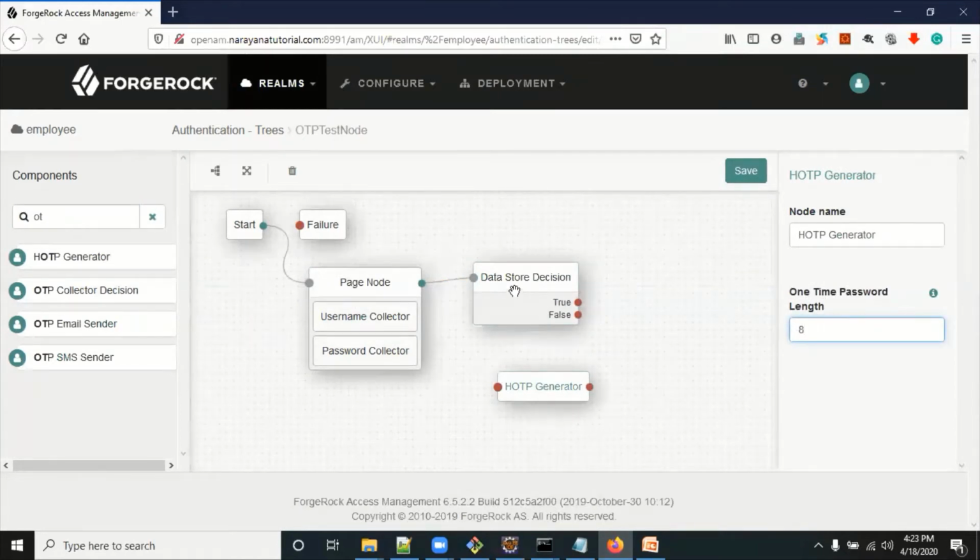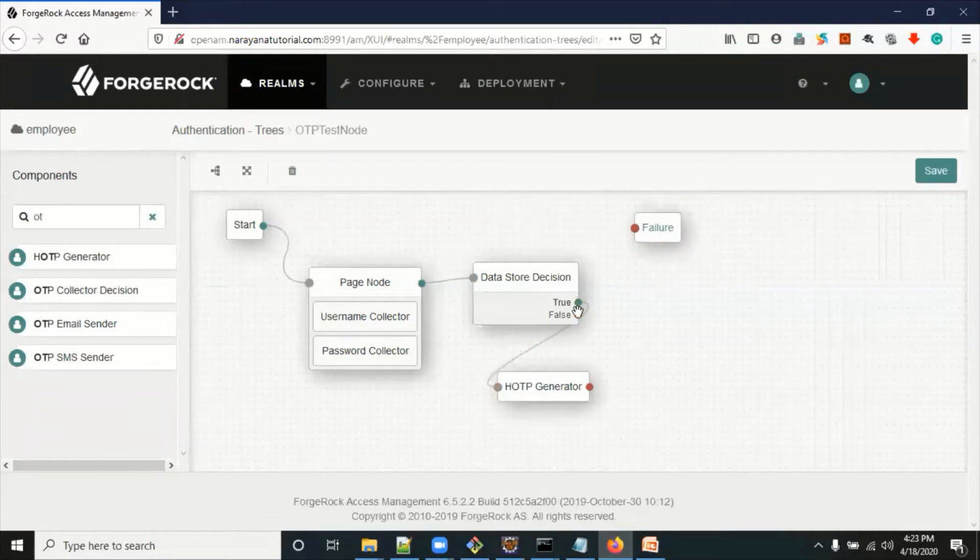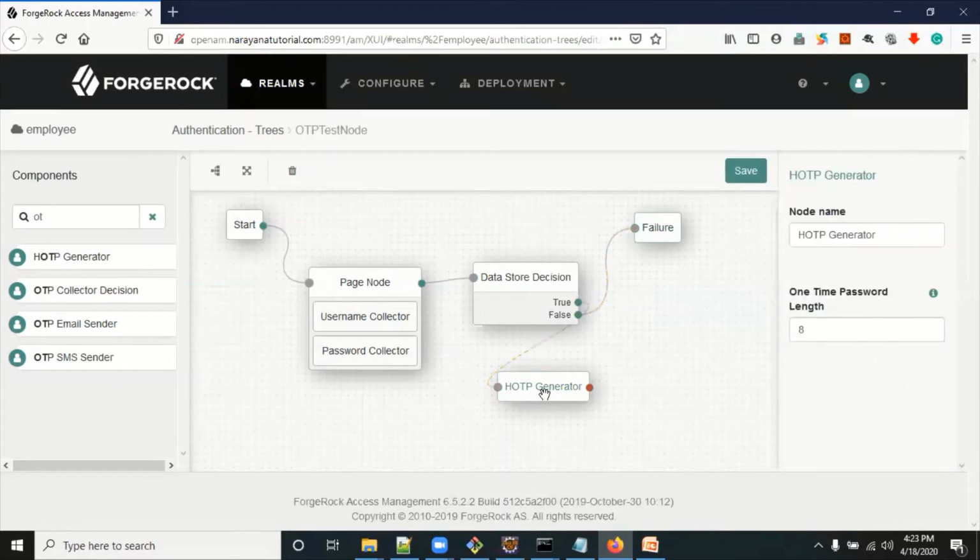Once the data store decision is correct, we will ask one more level of validation. This is multi-factor authentication (MFA). If the data store decision fails, redirect it to false failure. Once authentication is true, we'll generate the OTP.